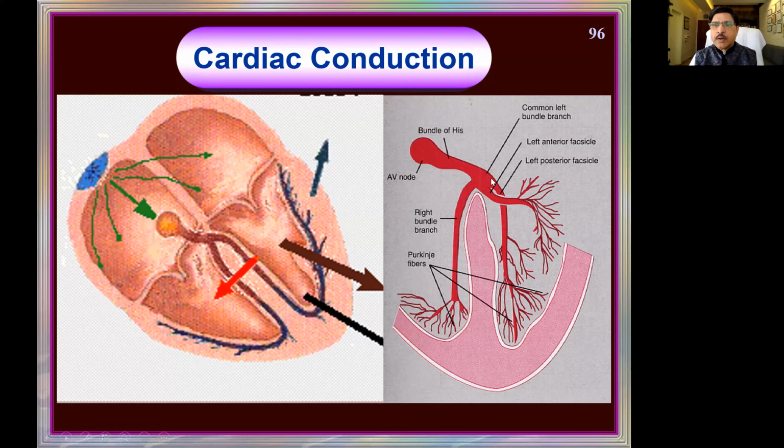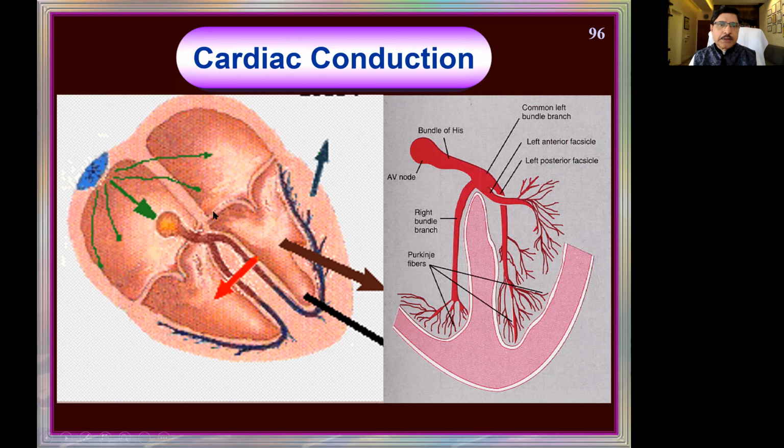So it's a three-phase, two on the left side, one on the right side, like a three-phase current for your house. Okay. So why we need to know that? Because isolated block of the posterior fascicle, the one behind, or the anterior fascicle, the one in front, or the right bundle, or a total left bundle can occur. Or there could be conduction defects during this part of it. When it is affecting this, both the bundles are affected. When it is affecting right side, it is right bundle branch block. When it affects left side, total left bundle branch block. When it affects the anterior, anterior fascicular block. Posterior fascicular block. So for that reason, we need to know.